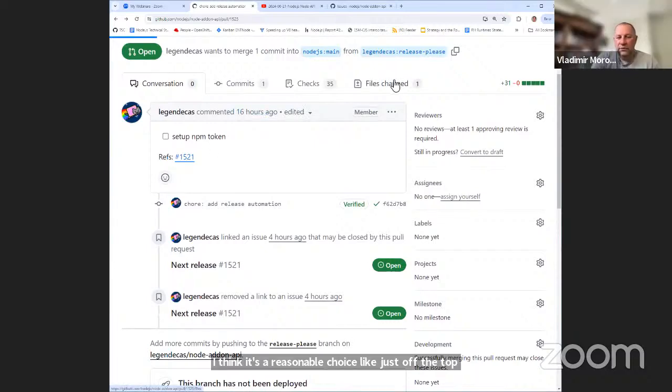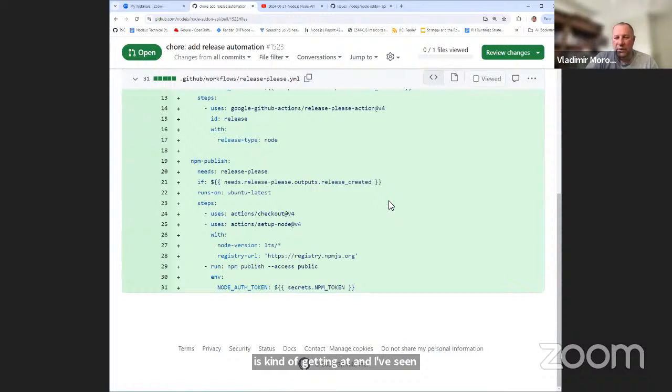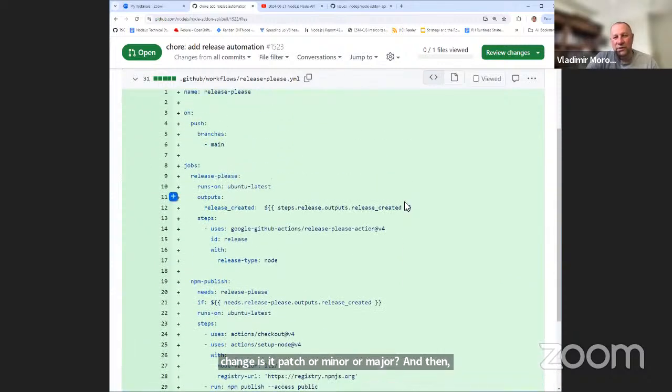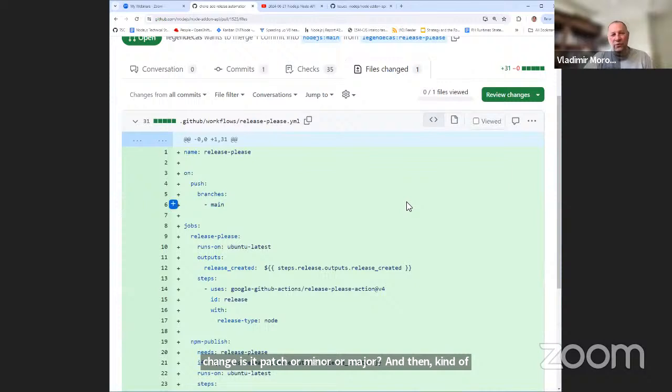Yeah, in the React Native Windows project, we're using a component called Beachball. It probably does a similar thing. What we actually do is, every time we have any PR, we also require creating a special kind of change file. In this file, we typically say what type of change it is: is it patch or minor or major? And then an automated system kicks in and every single PR produces a new version, a new release, depending on what you set in this change file.